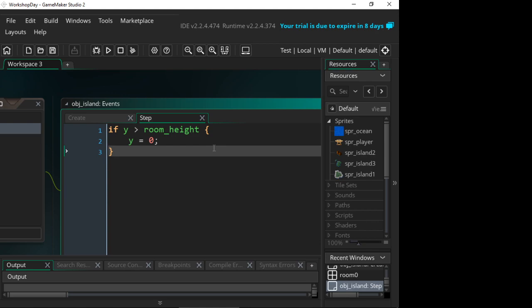But yeah, don't forget to create a new layer below that. Otherwise, it's like